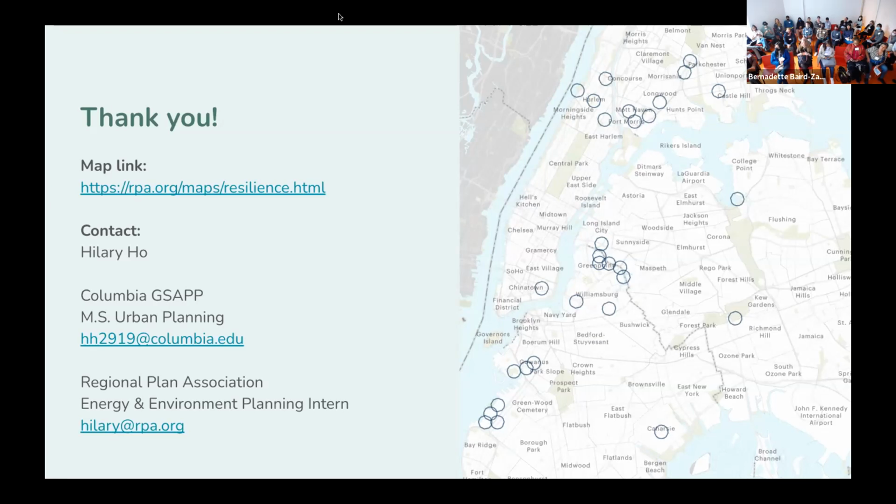I think there's no map that exists right now that really looks at the community scale, like local community-based efforts. So that's the gap that we wanted to fill in the EJ discourse. But that map is definitely linked on ours as well if you wanted to take a look.